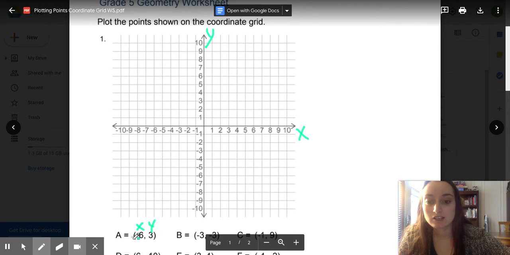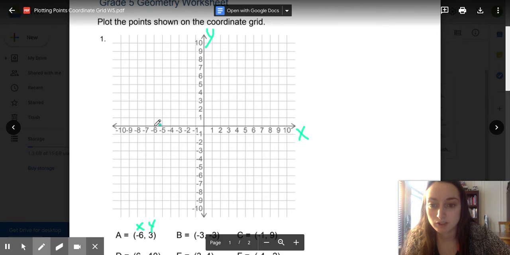So let's see. So for our point A, we have -6 for our x-coordinate. So I'm going to start right in the middle at the origin, right at 0. And I'm going to go to -6 on the x-axis. Negative means I'm going to go left, right? So I'm going to go all the way over here to my -6. But that's not where my point is yet, because we need to look at our